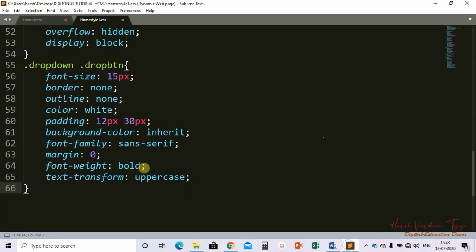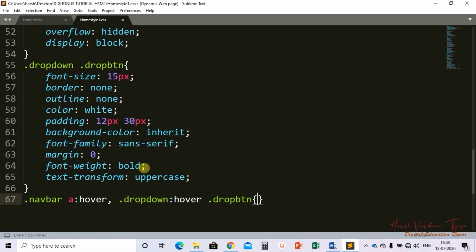So for that we have to use the dot navbar a slash a then colon hover, because we want the color to be displayed when we hover the mouse, then comma space dot drop btn.